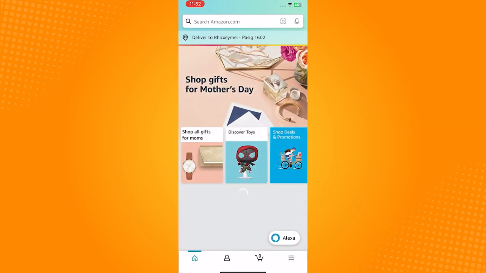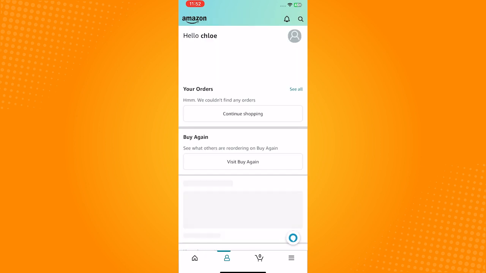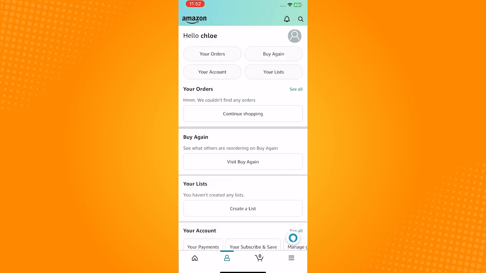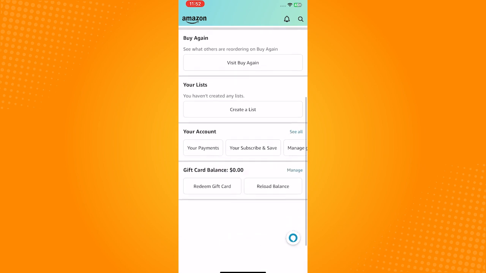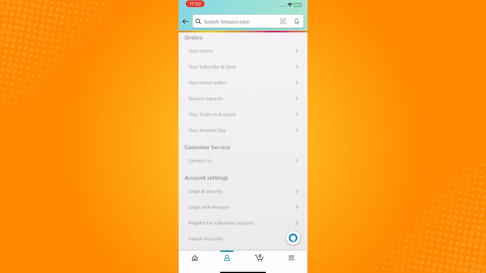Now on the home screen, click on your profile icon here on the bottom left. Once you click here, you will see your information about your profile. What you want to do here is click on your account button, scroll down, and once you see your payments,